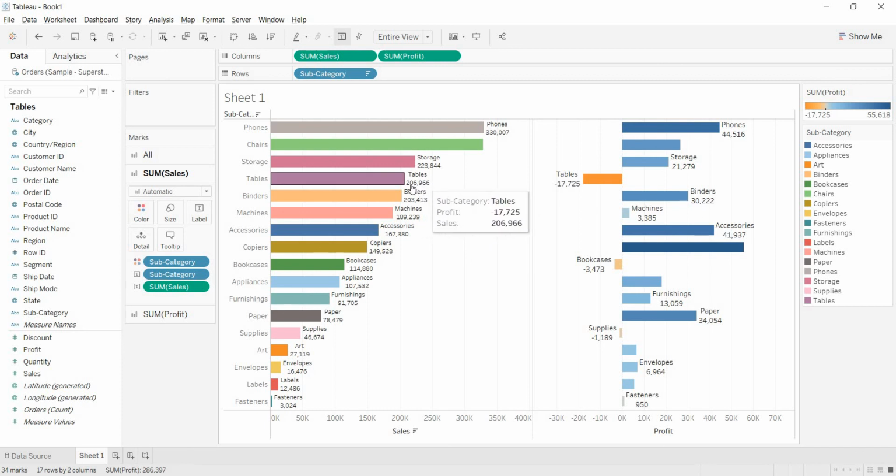See here, after giving 2 lakh sale value, tables are giving us a loss. That means when you have a minus profit, you are under losses. So with this type of representation the analysis will be pretty easy. That's why individual axis representations are pretty much useful in real times. Okay, this is all about individual axis. Thank you.